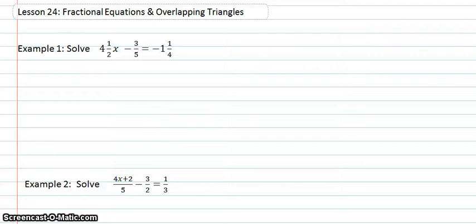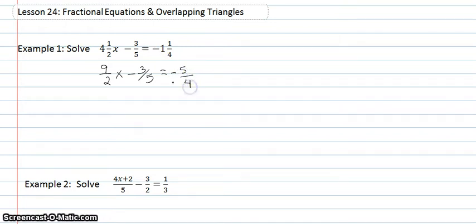In lesson 24, we're looking at fractional equations and overlapping triangles. In our first example, we have a fractional equation, and what we're going to do first is make everything an improper fraction that's a mixed number. So I'm going to take the 2, multiply it to the 4, and add the 1. So it's going to be 9 over 2x minus 3/5, because that's just a proper fraction. And then I'm going to say 4 times 1 is 4, plus 1 is 5, so it's a negative 5